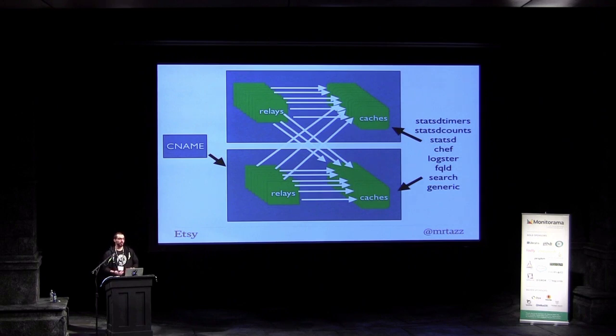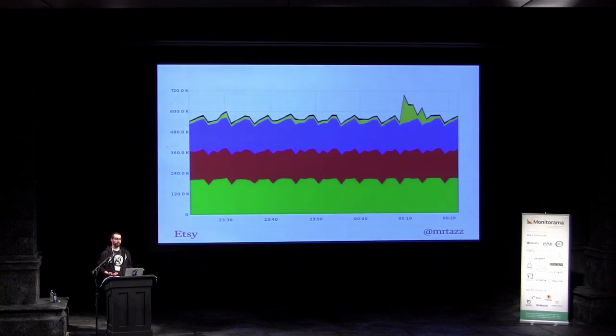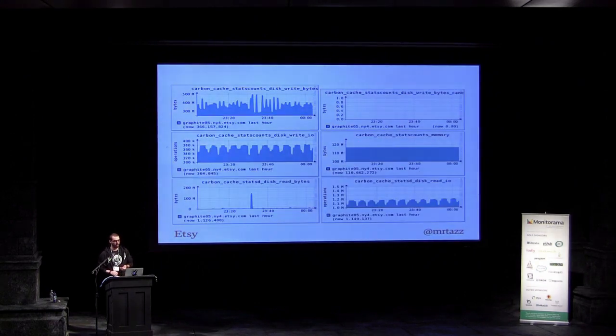And the big upside of us having Graphite and Ganglia is that we can actually monitor Graphite with Ganglia. Everything that's node-specific, as I said, is in Ganglia. It means metrics that relate to how Graphite does on the box are in Ganglia. What you can see here is the traffic graph, which shows that most of our traffic that comes to Graphite is statsd, and the green, the red, and the blue stacked graph lines are statsd generic traffic, statsd counters, and statsd timers. And in addition to that, we also